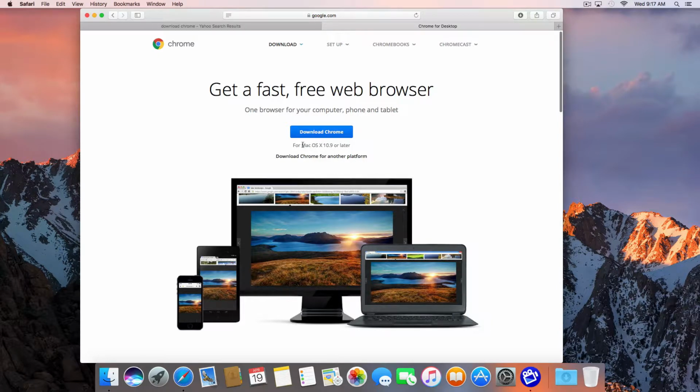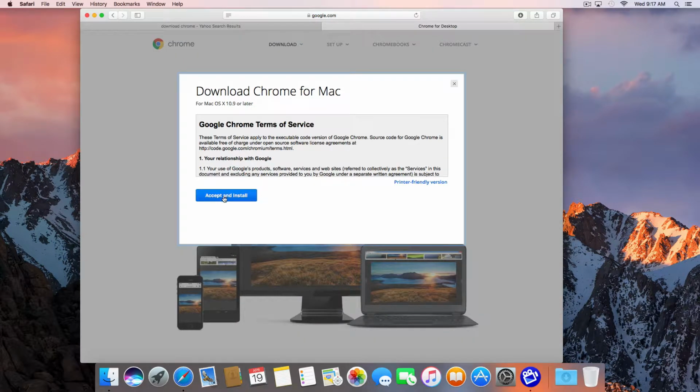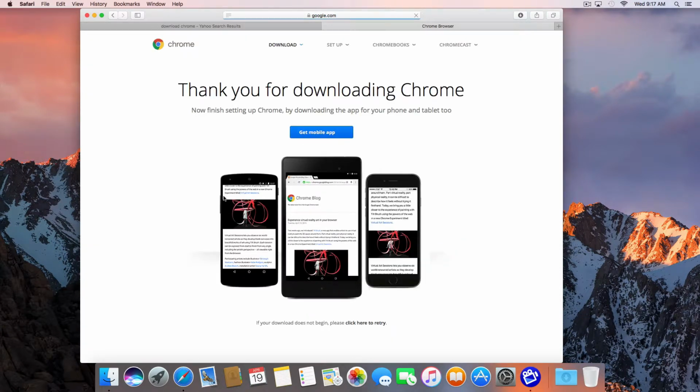And it should automatically detect which version of Chrome you need for which operating system. So I just click download Chrome. I'll accept the terms. And now that that's downloaded, I'm going to go to my downloads section over here by the trash and click